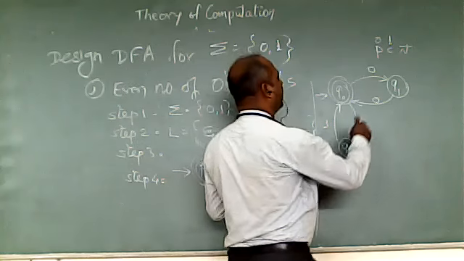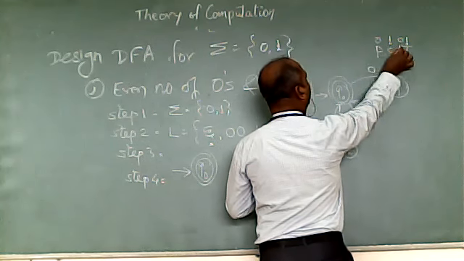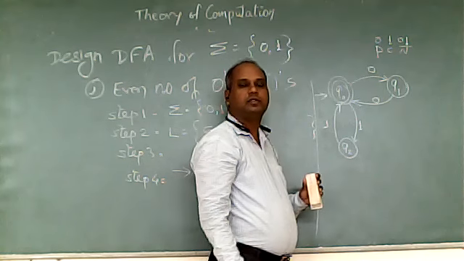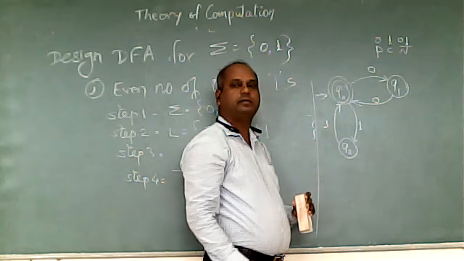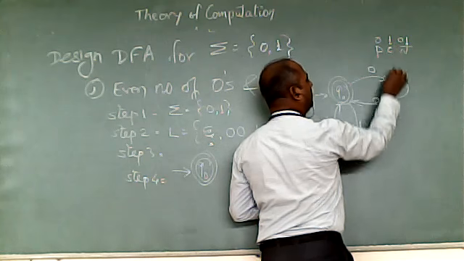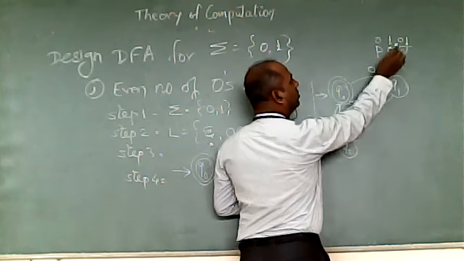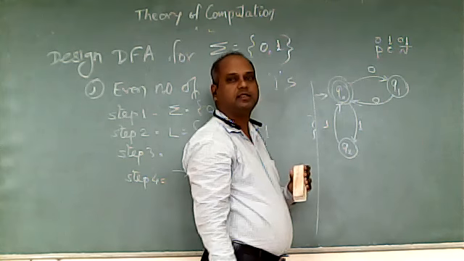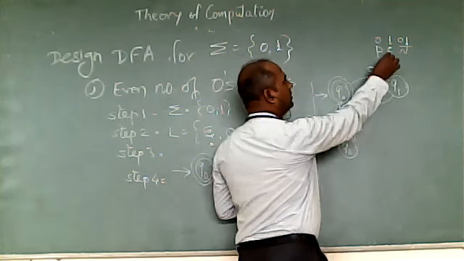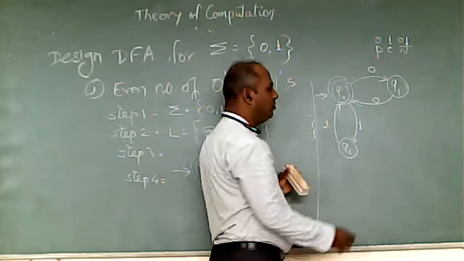So what do I need to add here? I can add one more 0 1. Then the number of zeros will be 2 and the number of ones will be 2. So if I add 0 1 here, the 1 transition from Q1 will go to a state from where I will get 0 and 1 and reach the final state. But there is no such state available from which with 0 1 I reach the final state.